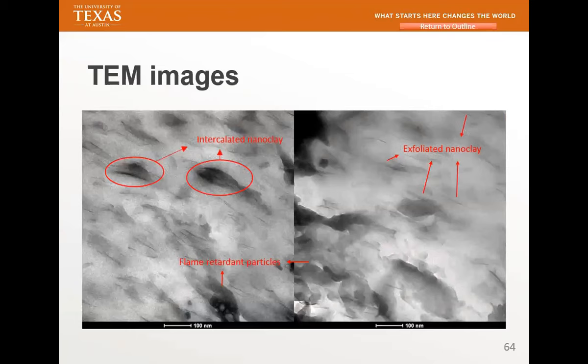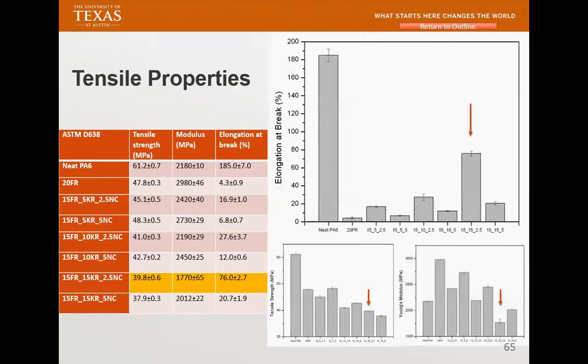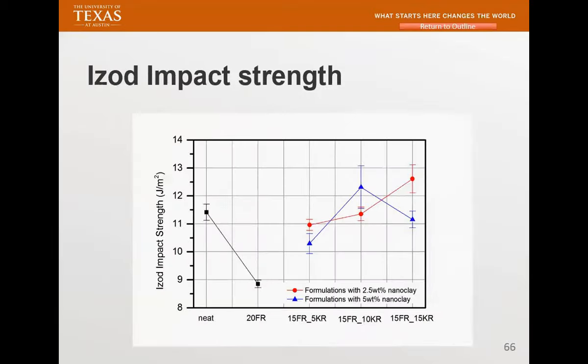And you have these flame retardant particles, and then you can see at a larger scale that the flame retardant disperses really well in the polymer. So he did all these things, and then he came back. See, I show you that he was able to bring it up to 76. That's substantial. We started with 3. Okay, all these were done, and we looked at the impact. We looked at a lot of characterization.